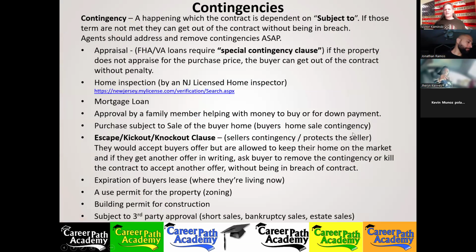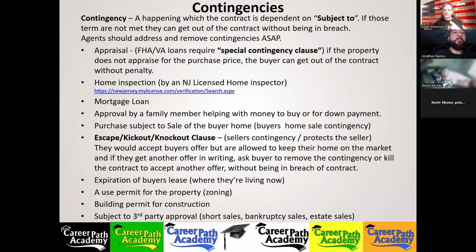So here's a bunch of other contingencies. We got that appraisal contingency, that special contingency clause for FHA and VA loans, that says that if the property does not appraise for the purchase price, the buyer can get out of the contract without penalty. We have a home inspection